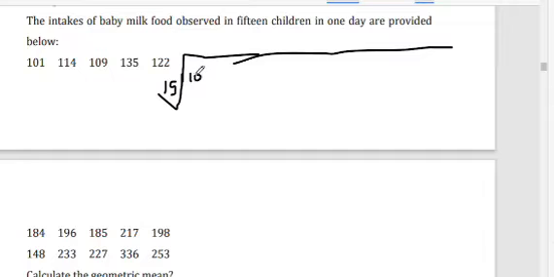101 times 114 times 109 times 135 times 122 times 184